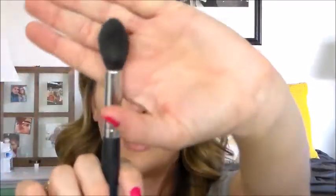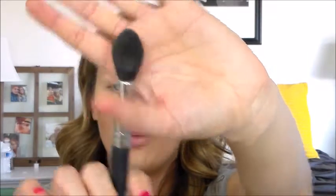So I'm going to be taking the Maybelline Shine Free Loose Powder. It's just a loose translucent powder in the shade Light. And I'm going to be using my Morphe M438 brush. It's a tapered fluffy brush that looks like this, and I just get a little bit on my brush,